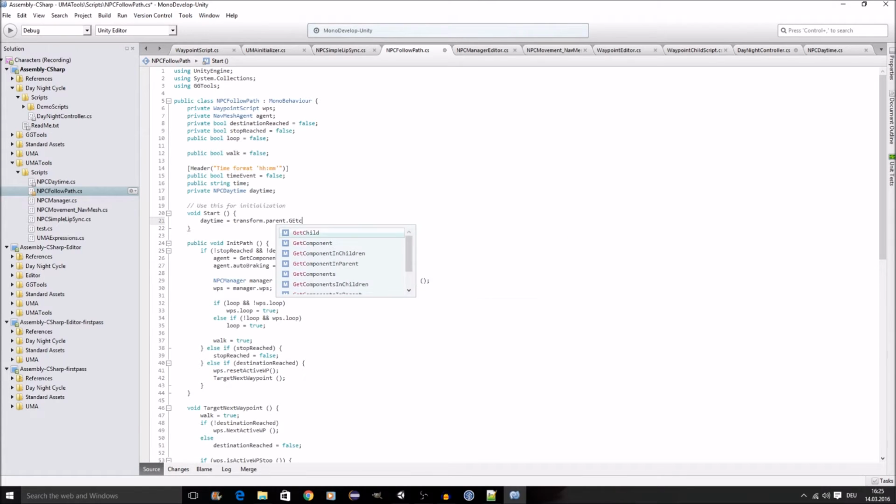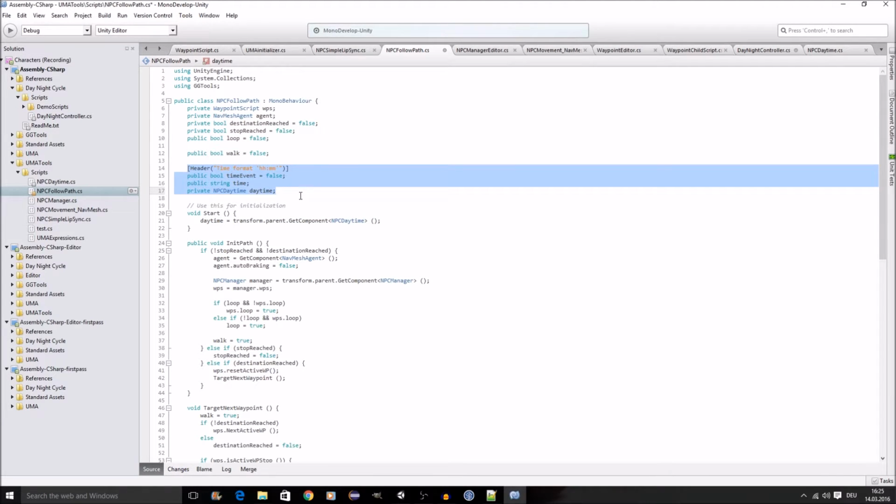Transform.parent get component NPC DayTime. Actually not, sorry, that was wrong. If you place the DayTime object somewhere else on a single controlling object, then all this needs to be changed, and you might want to reconsider putting that somewhere else as well. I don't know. For now, we just place it right in here,